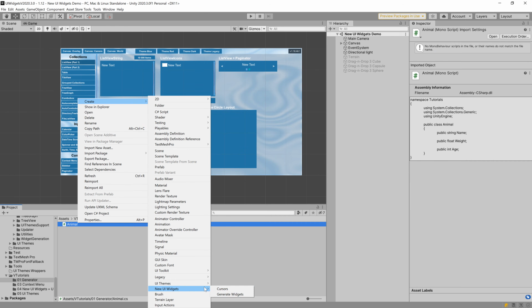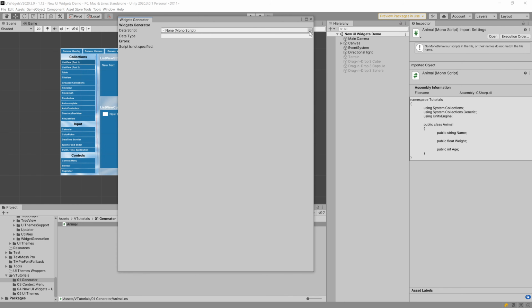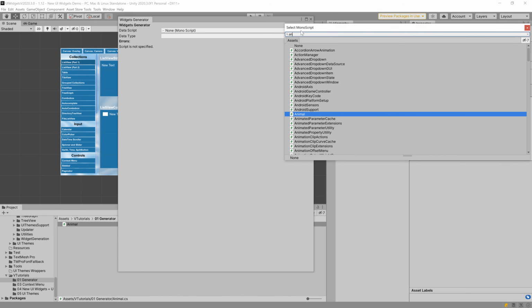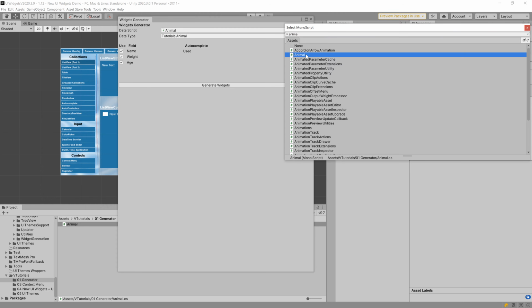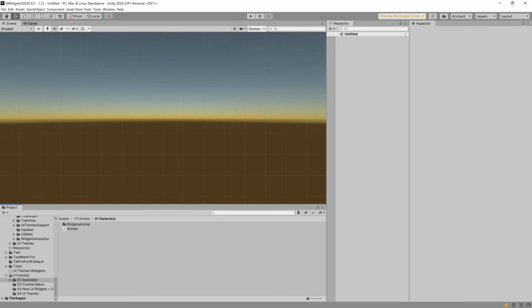Now I can generate widgets from the context menu or the separate window. Some Unity versions do not detect type in the script in cases of structs and interfaces with namespace. So the context menu does not work in such cases, but you can specify the full type name in the window. You can select fields to be used by widgets and the field to be used by autocomplete.